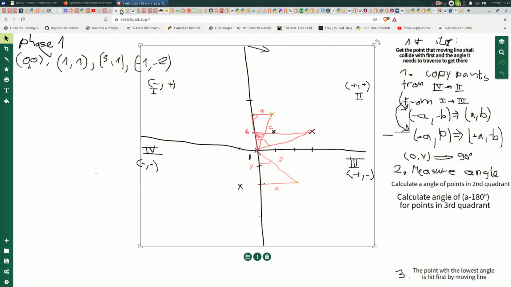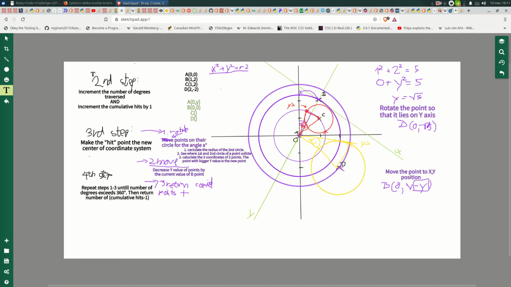So what happens now? We've got it over here, which says we got the second step, and the third step is now make the hit point the new center of the coordinate system. Well, that's the real tricky part. And the last step that we have to do: first we rotate points on their circle for the angle A, and calculate the radius of the second circle. See where